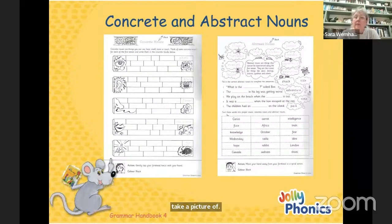So illness. I mean, I could take a picture of an ill person, but I can't take a picture of illness as such. Time. It's something that exists. It happens, but it's not something I can take a picture of. The tide. Okay, the tide goes in and out. I can take a picture of the sea, but I can't show the tide exactly. Okay, so we talk about concrete and abstract nouns, and the children